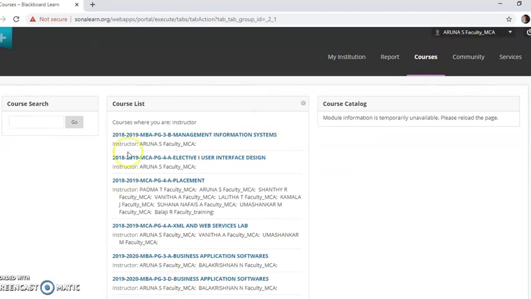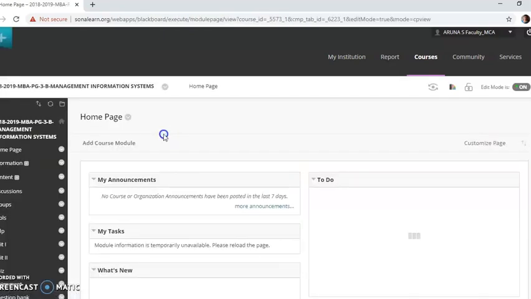Under this courses, these are all the courses that are listed. It means that these are all the courses that are handled by me. In that, it is the active course which I am handling in this current semester. So I am selecting this active course now for the demo purpose.